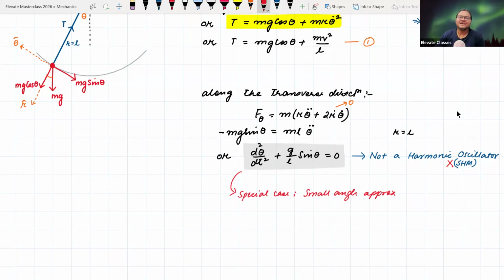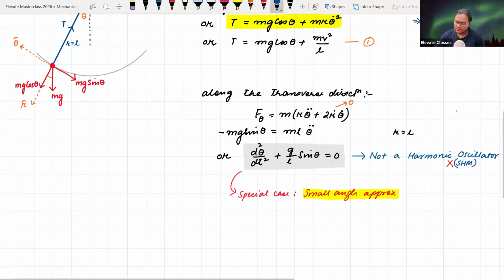Any idea? For small amplitude we can use the formula T is equal to 2 pi under root L by g. Otherwise, if the amplitude is very large, we can't use the formula there. Yes, correct. So if I make the assumption that amplitude is very small, which is also called the small angle